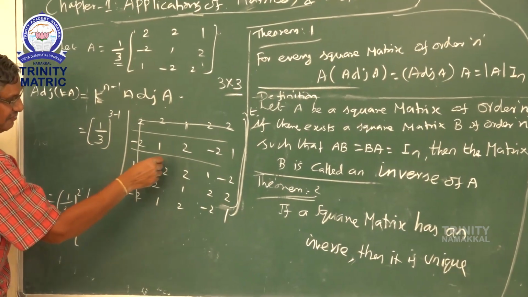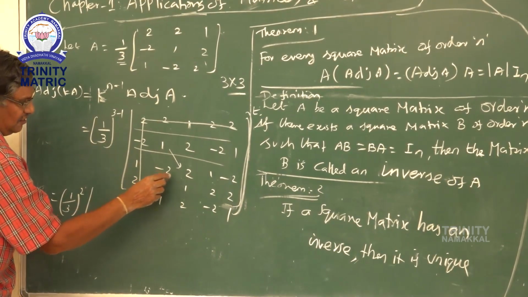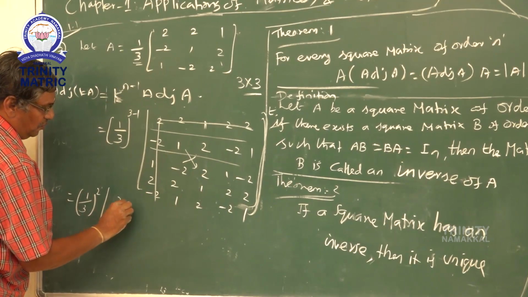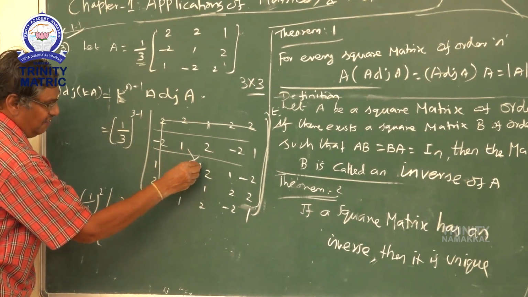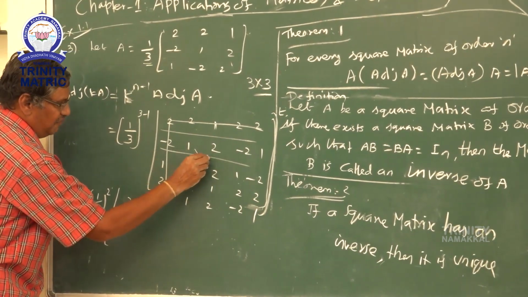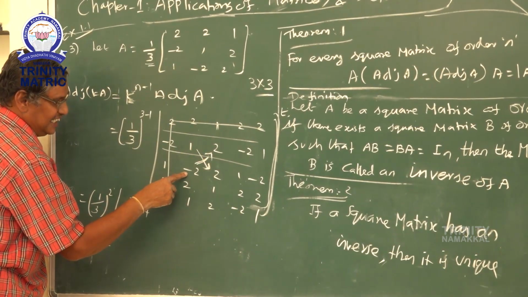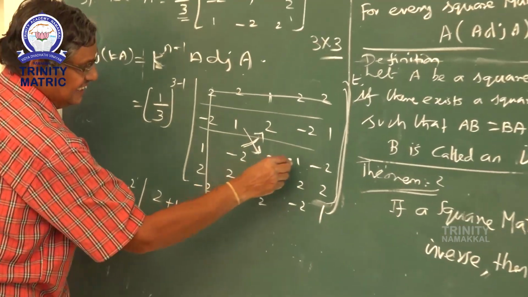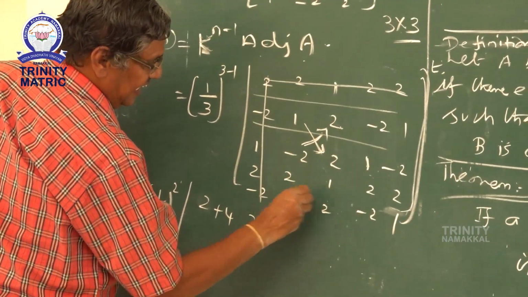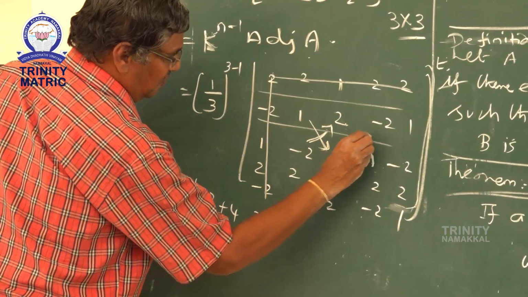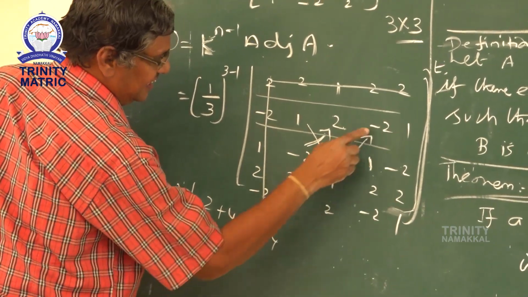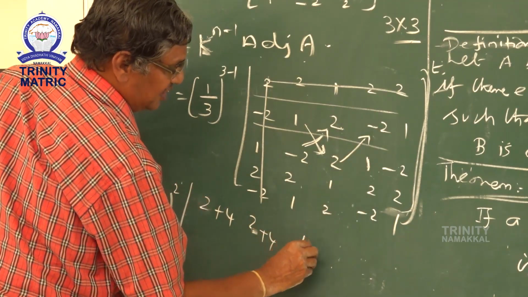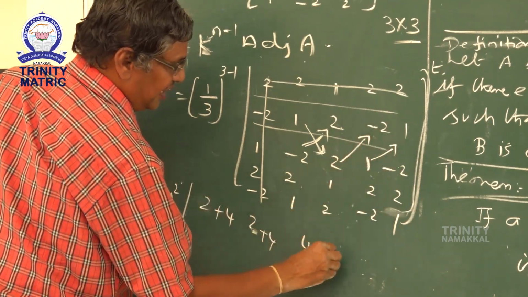Now what is the value of the determinant? 4 plus, 1 2s are 2, 2 plus 4. While coming down, you have to put a positive sign. While climbing, you have to put a negative sign. Already one minus is there, so minus will become positive. 2 2s are 4. Like that, you have to put a 2 again, 4, because already one negative sign, for that 2 negatives will become positive. Here we put a minus 1.